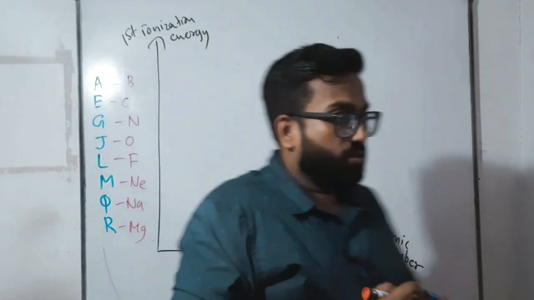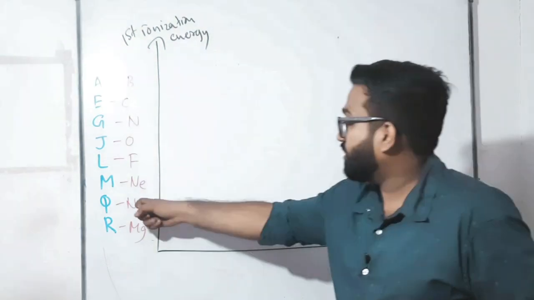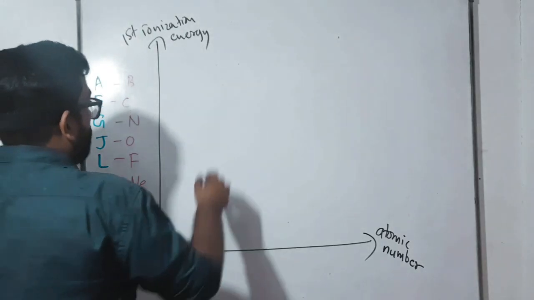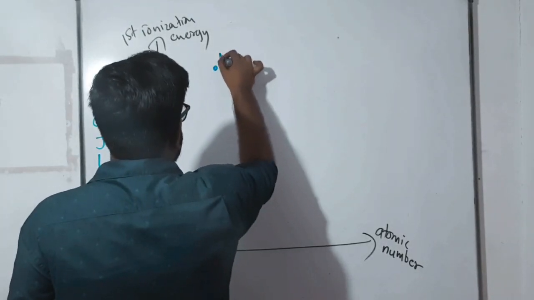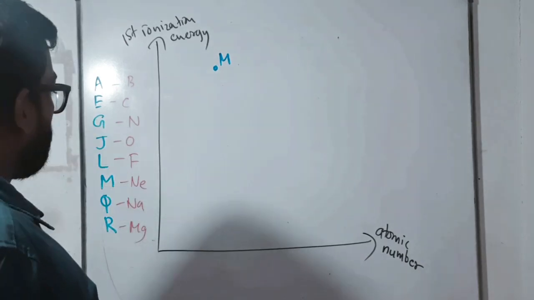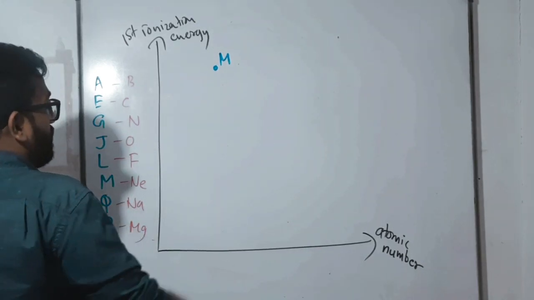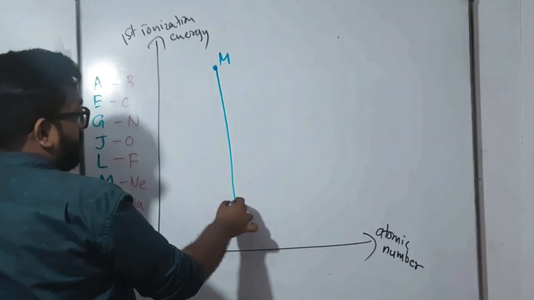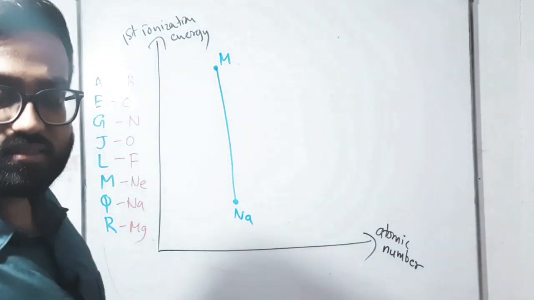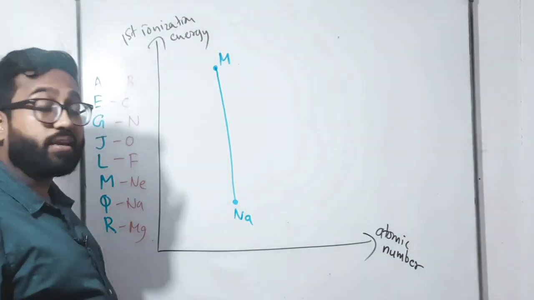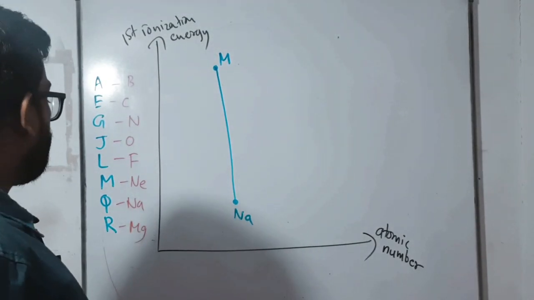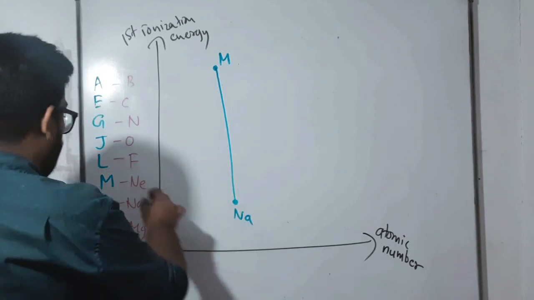Right. So which one should be in top level? Which one? M is the highest ionization energy one. So we can draw that one here. M. Right? M is neon. Right? Neon. So sodium, children, sodium should be the bottom here. Why? Sodium is containing the lowest ionization energy. If you can draw these two, right, it's very easy to take others, right? We have taken here now neon,